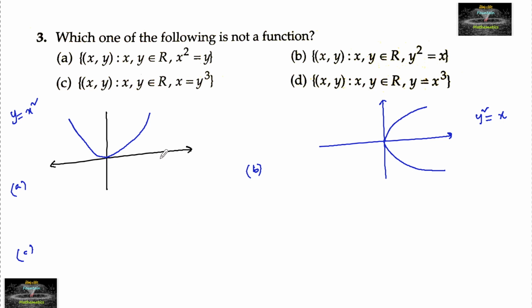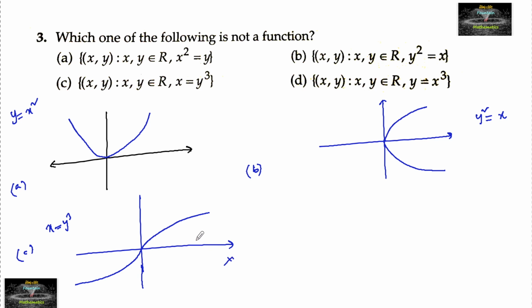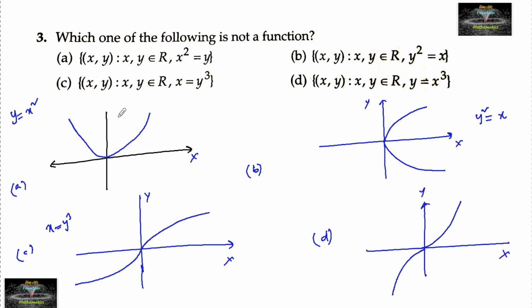And the third graph, x = y³. This is how the graph will be. And the fourth option, the y = x³ graph. This is y = x³. Okay, these are the four different graphs, and we know that by the graphical test,